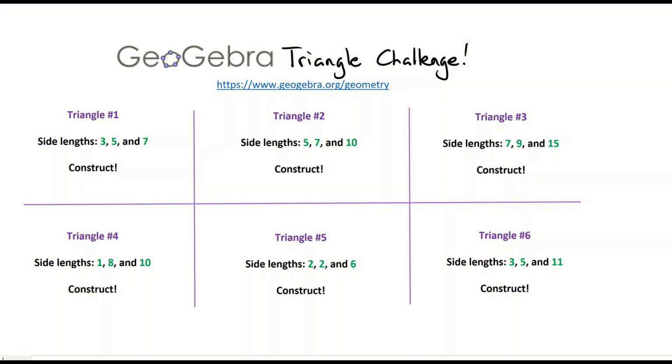I'm going to show you how you can create side lengths exactly using GeoGebra, so you don't have to drag the line segment around a bit to get it exactly. I'm going to show you how you can do it exactly, very easily, in just a moment. On the same GeoGebra screen, create all 6 triangles. Once you have all 6 triangles created, take a nice screenshot of all 6 triangles in one screenshot, email it